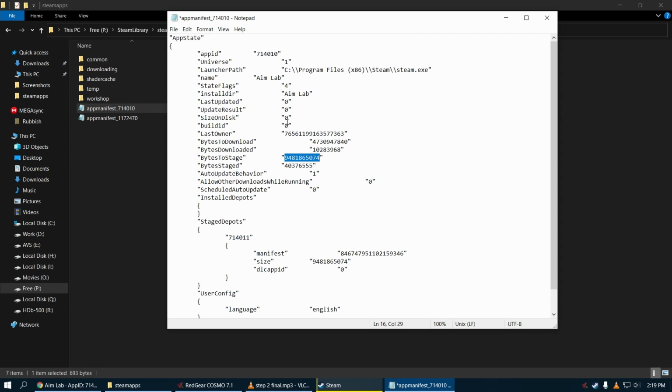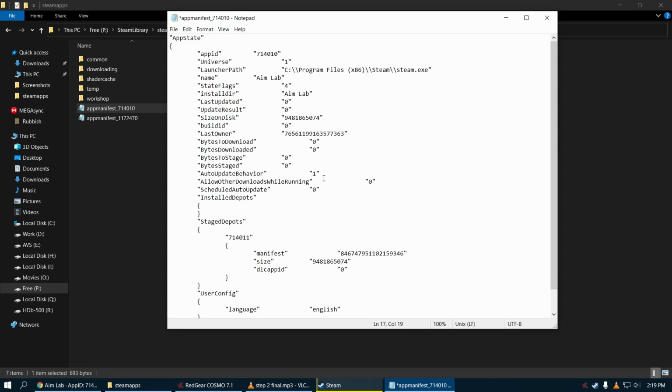Next, change bytes to download to 0. Next, bytes downloaded to 0. Next, bytes to stage to 0. Next, bytes staged to 0. And next, auto update behavior to 1.